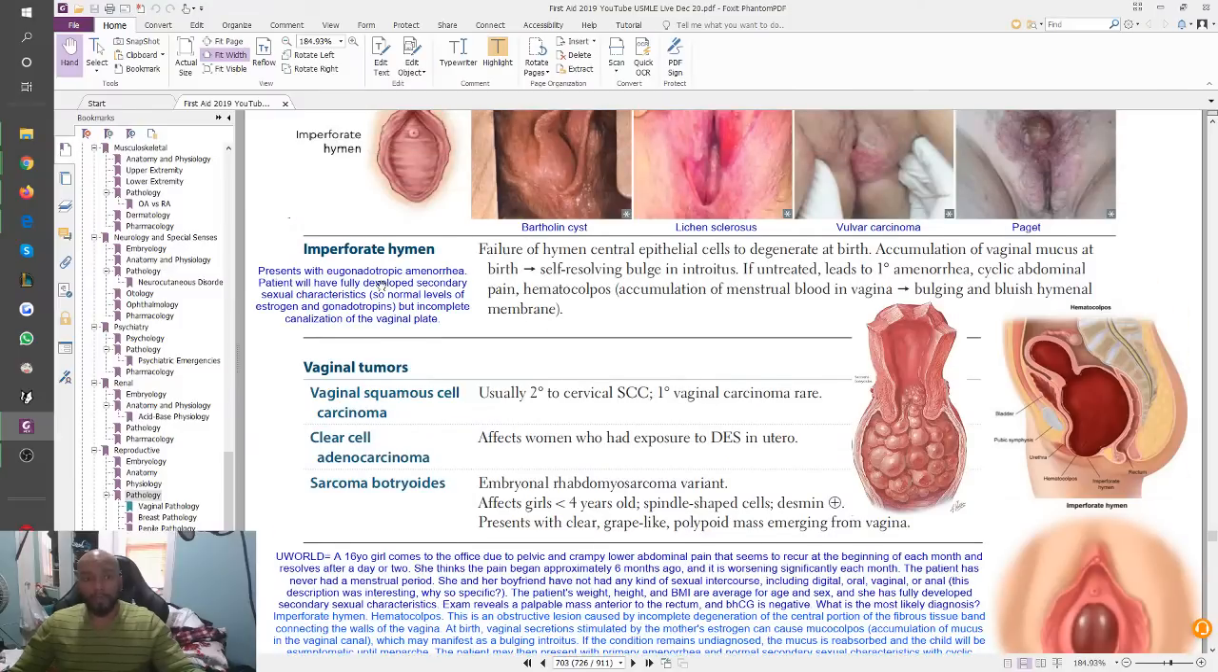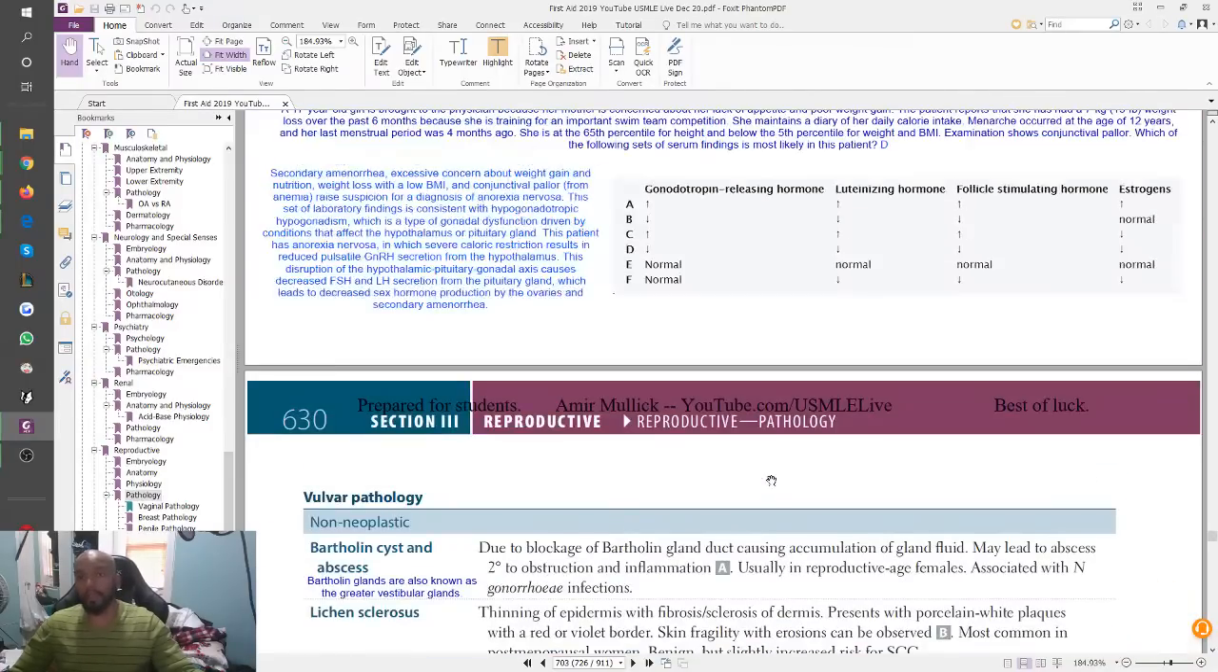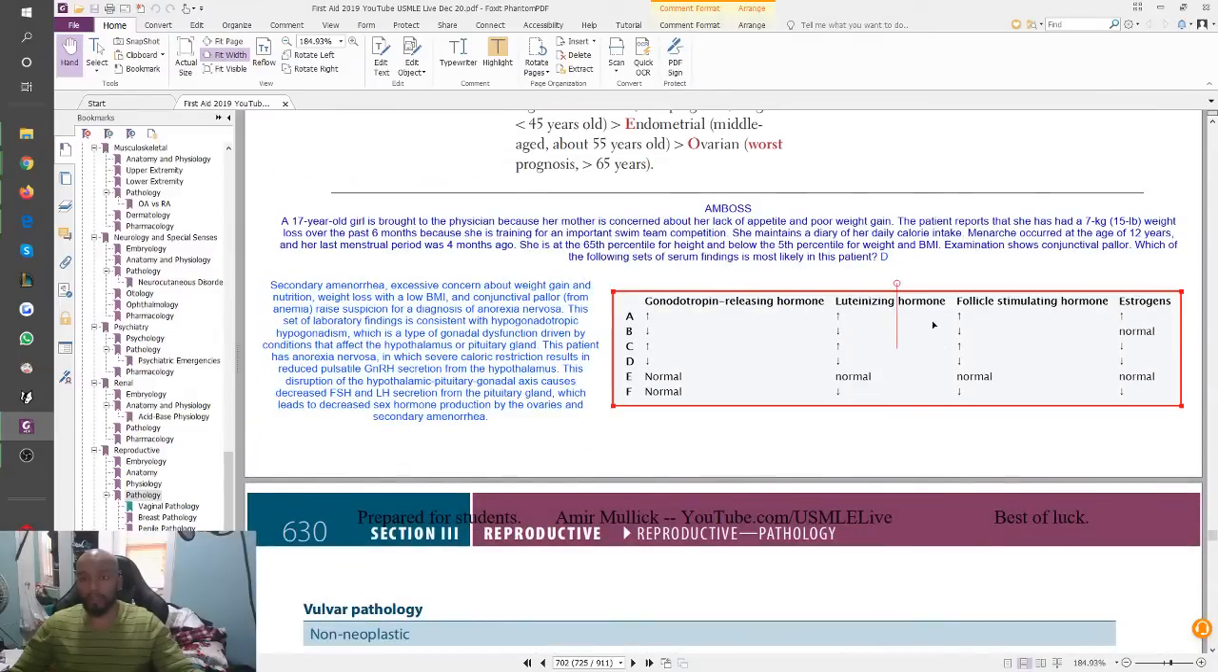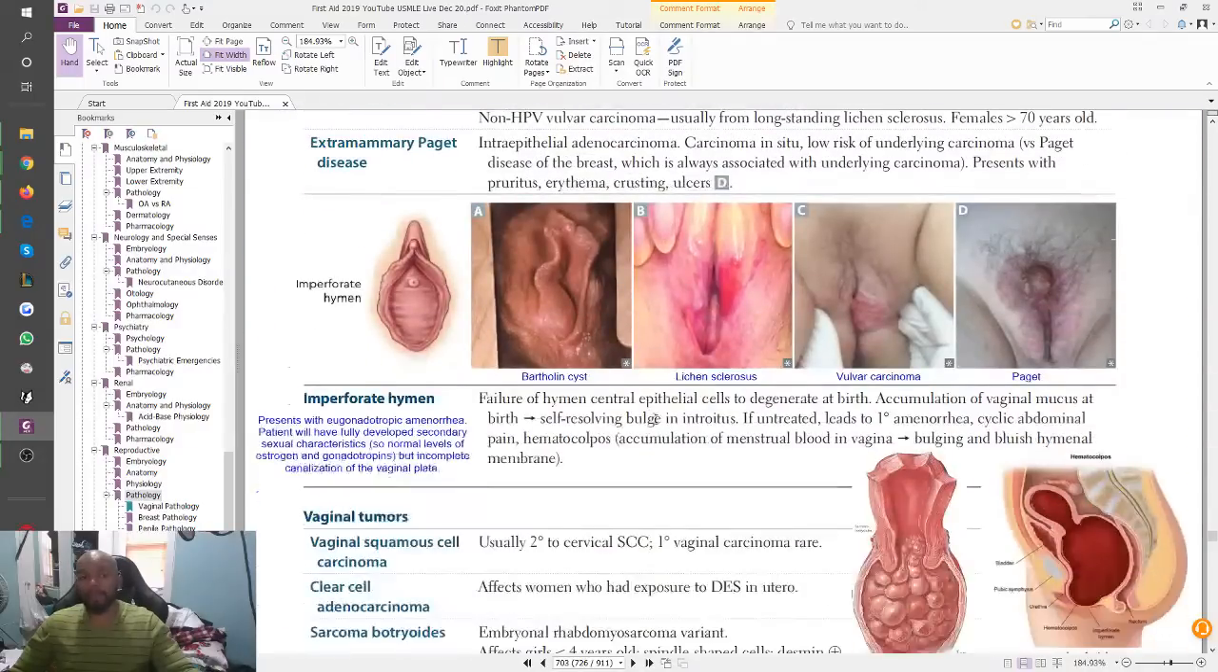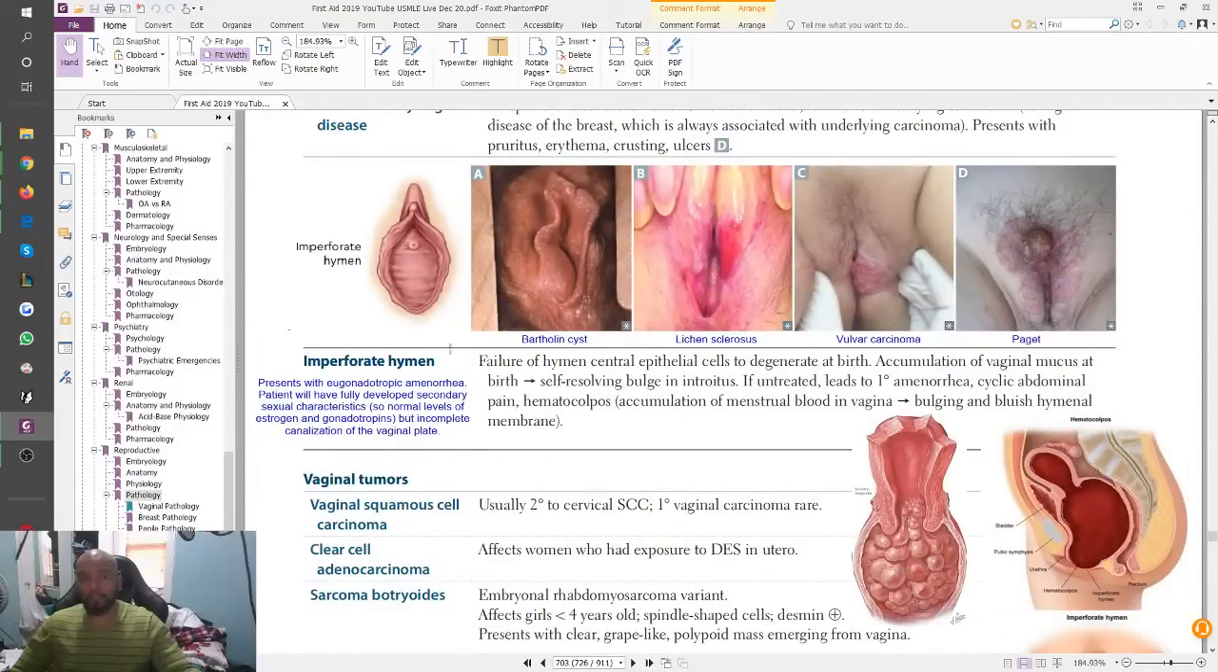Over here I wrote presents with eugonadotropic amenorrhea. Patients will have fully developed secondary sexual characteristics, so normal levels of estrogen and gonadotropins, but incomplete canalization of the vaginal plate. So this is the only scenario where, if you get a question with these kinds of answer choices for that patient with an imperforate hymen, you would pick E. Everything is normal, but she's unable to have menstruation because the opening isn't there. But she can urinate just fine. She just doesn't have the opening to